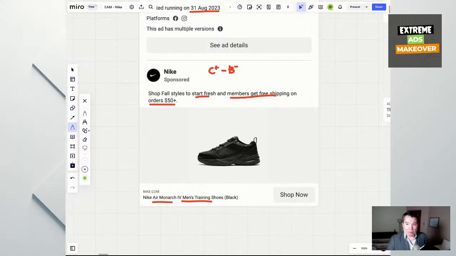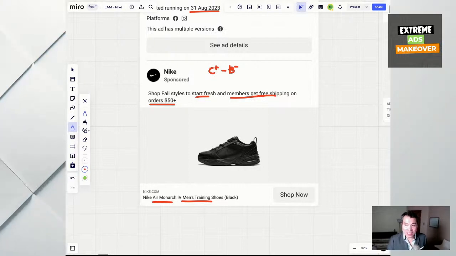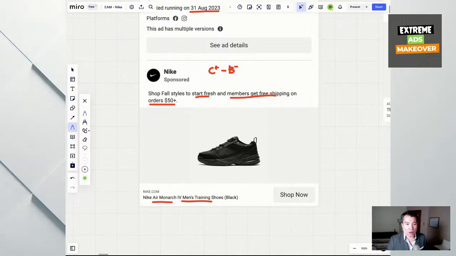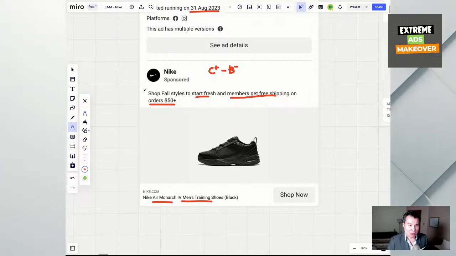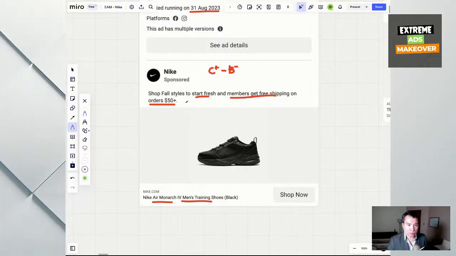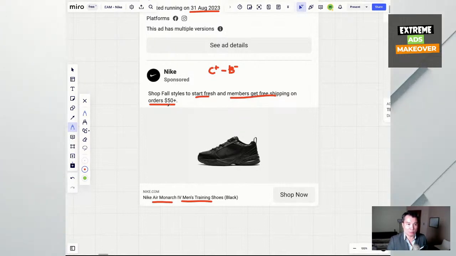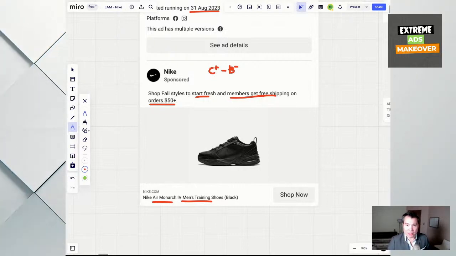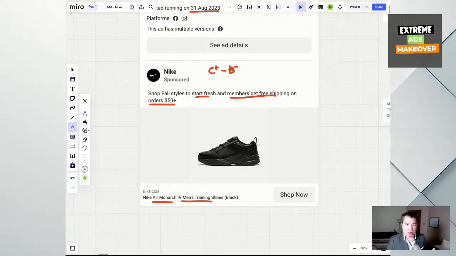Although Nike is a powerhouse in shoes and has already achieved its status as a household name, they still face increased competition from Adidas and Under Armour and Lululemon and so on, right? And you have to be a little bit careful with the ads when you just throw offers at the consumers. Just basically an offer of free shipping, free shipping for anything more than $50, and that's where I find it doesn't fit well